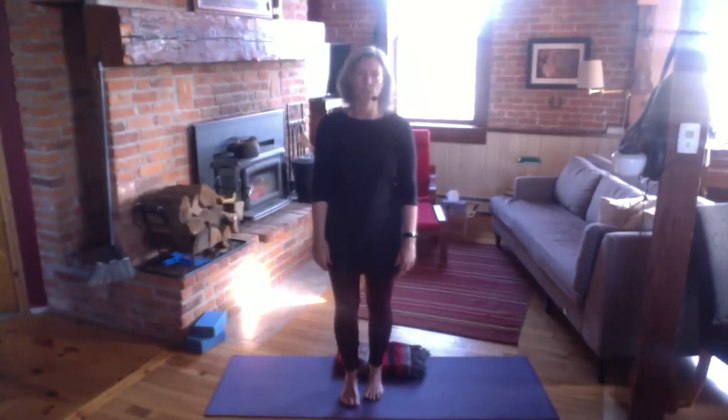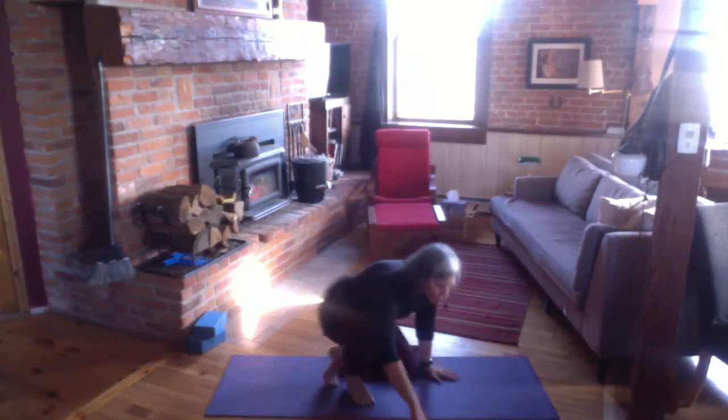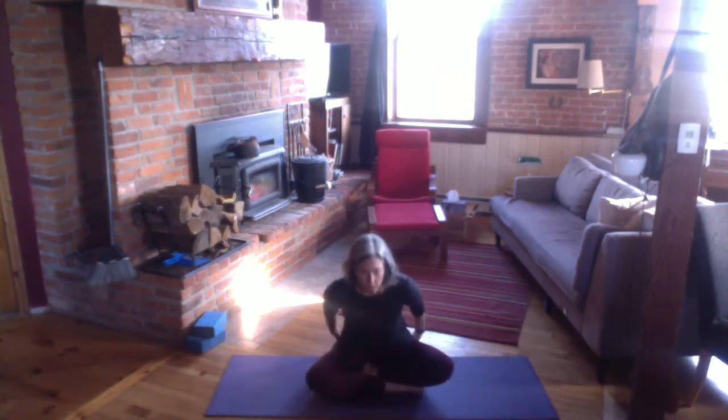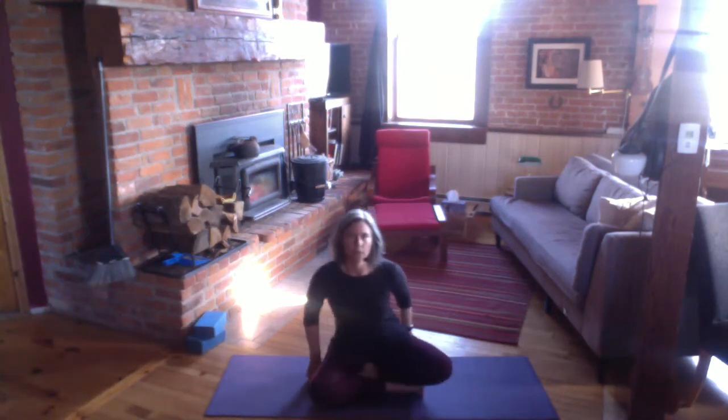So you can lie down on your mat. As always, if you prefer, you could sit. Any other position that you find that you can be comfortable and relax in. There are many layers and levels to our being that we could bring ease to. The most outward and obvious is the body. So as you come to your mat or wherever you are this morning,